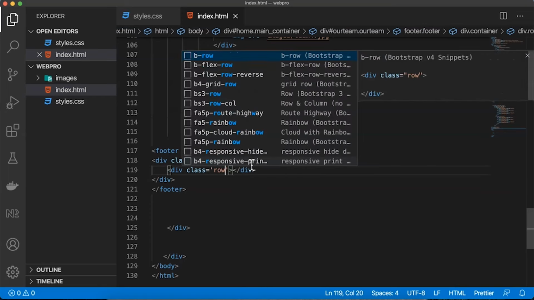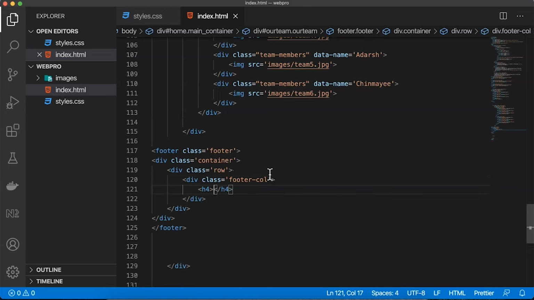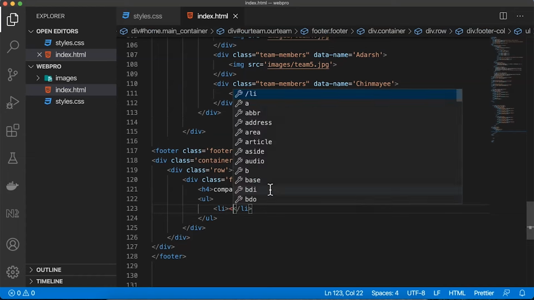class equal to row. Okay, now div class equal to row, again another div class equal to footer-col, footer-column. Now let me use h4. Within this h4 I say company. After this we want to use this ul. Within this ul, once again I want to use some list items. Within this list item, a